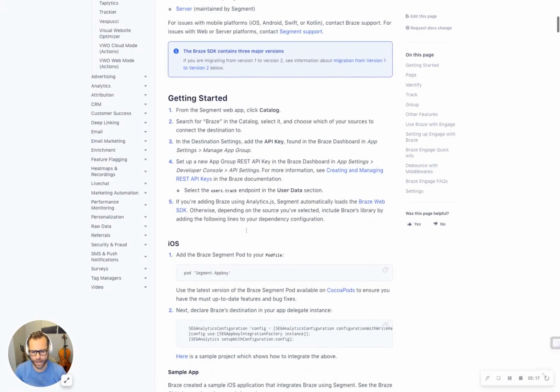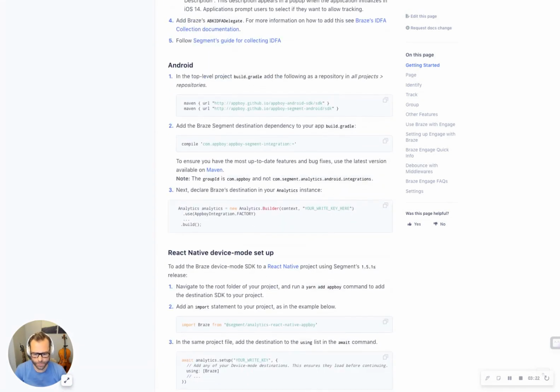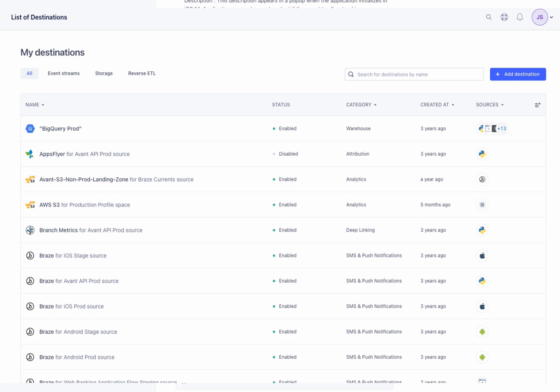This goes into the ins and outs and a lot of technical details, which I don't think is as interesting. What I do want to talk through is an example here. I'm actually going to pull up a view into Braze. Let's go ahead and open this up. You can have multiple different connections. If I back out of this really quick, we can see